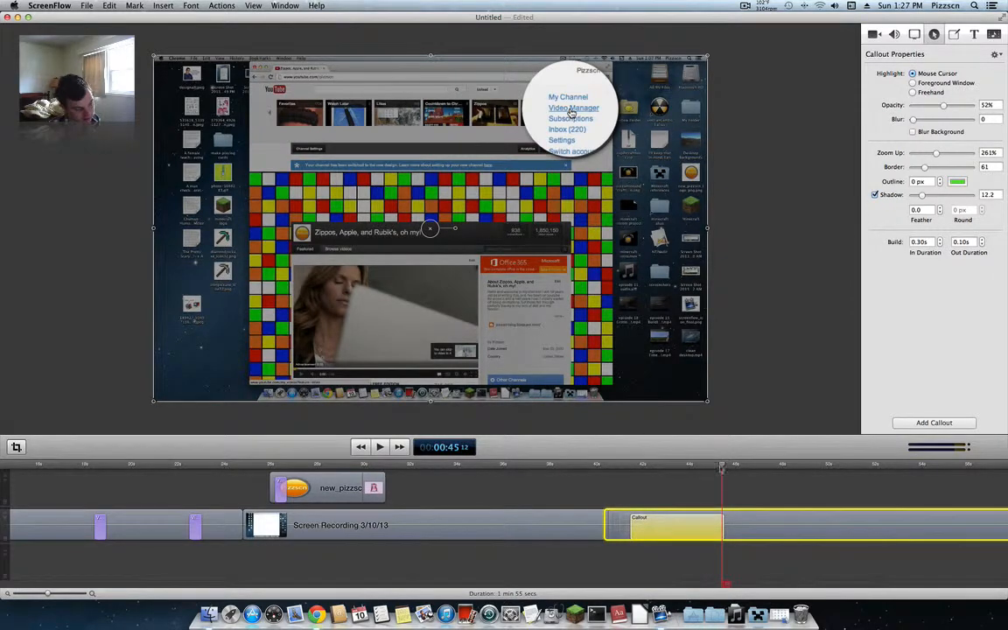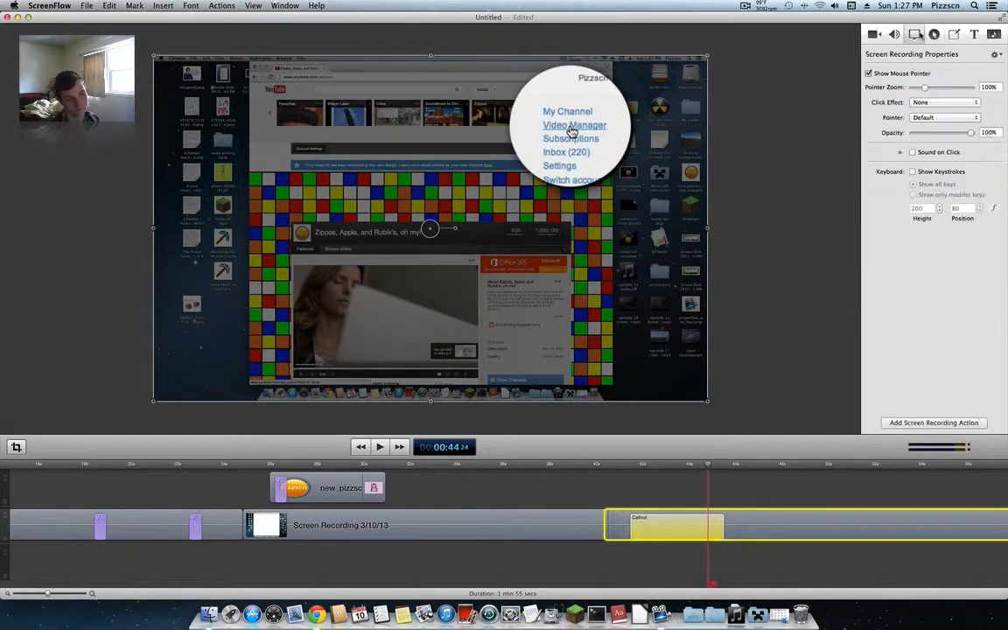Now, to show that I'm clicking on Video Manager, another thing you can do, which is kind of cool, is screen recording properties. So I can go over here and add a screen recording action. Let's just add it right here. Bam, screen recording action. You can see that you can put these on top of other things. And this is used just to toggle these settings. Like now I can set this to be a radar effect. So when I click on that,